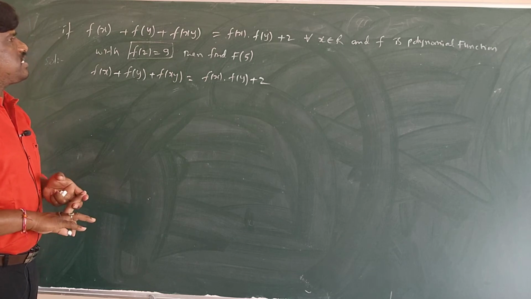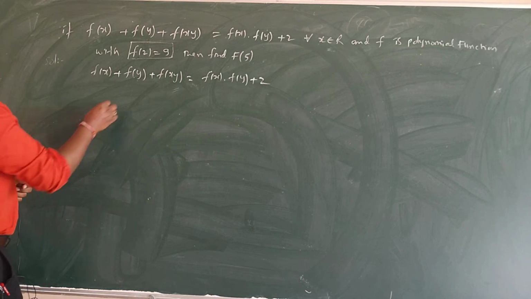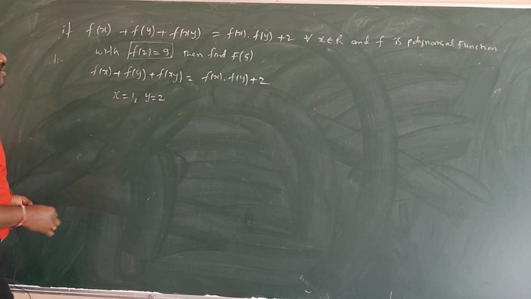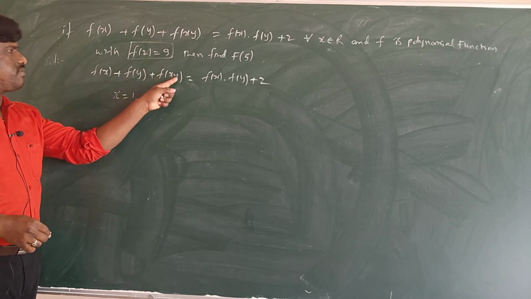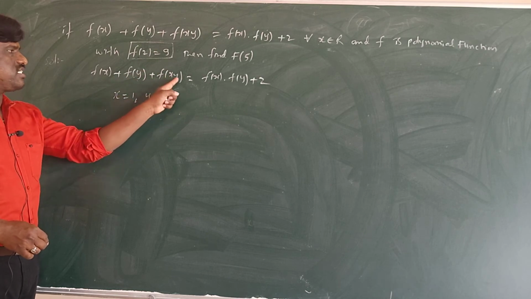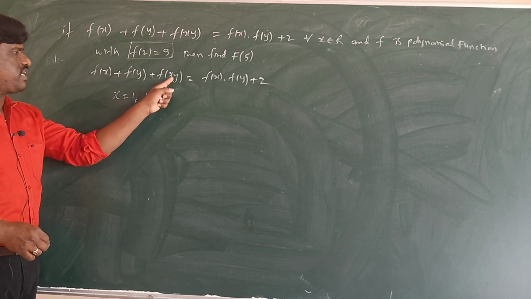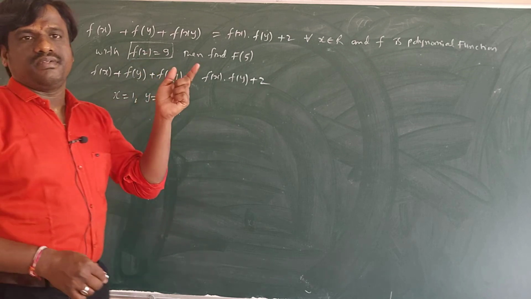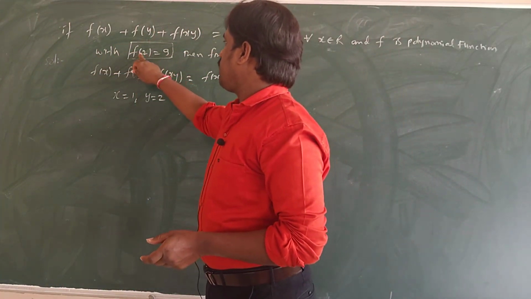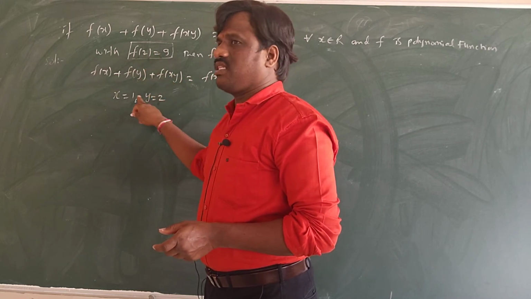I need to think that I have to get 2 anywhere, and think that f of 1 also has to come. I will tell you the reason. You have f of 2, so just take x is equal to 1, y is equal to 2. If I want to get 2, one should be 1. Here you have x into y, and I have to get 2. If I take one as 2, then the other should be 1. Then only you get 1 into 2 is 2. See here, f of 2 is 9. I have to get 2 here, so if I take one as 2, the other is 1.